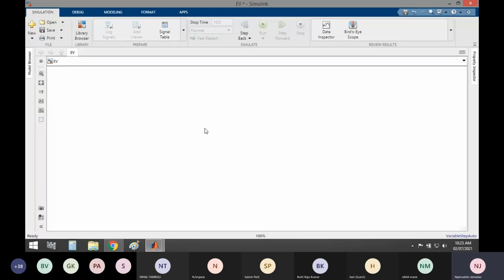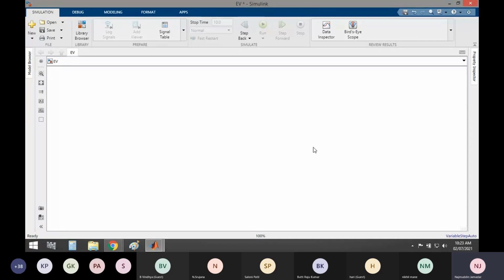Okay, this is a typical MATLAB window where we want to design our vehicle. So we'll begin one by one. In a vehicle, initially, if we say an automobile, there will be a vehicle body, entire body, tires, and other things. Then motor, converter, controller, and other accessories, battery and all. So we'll go one by one.